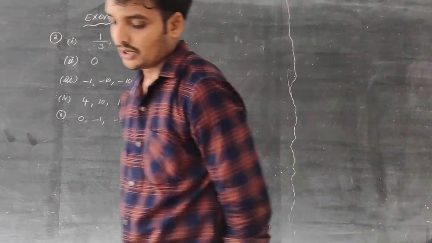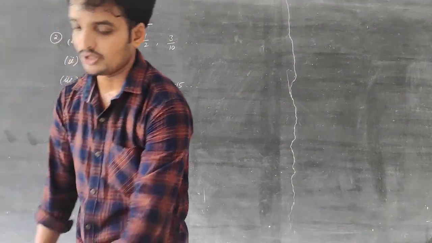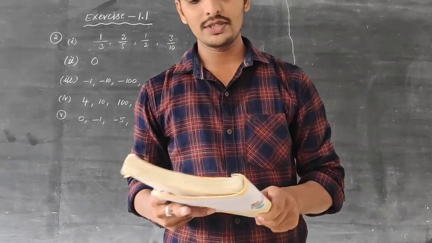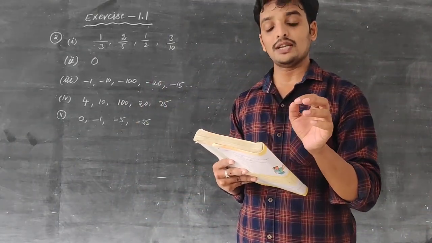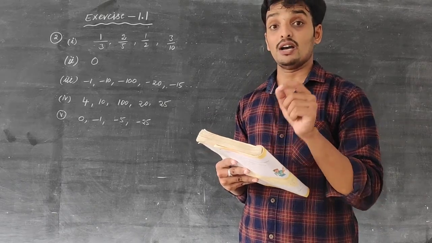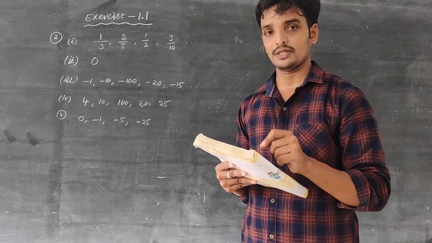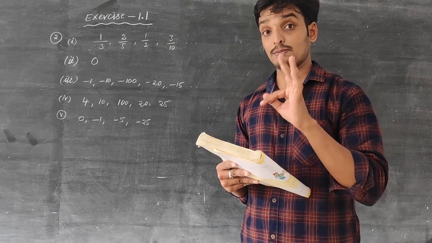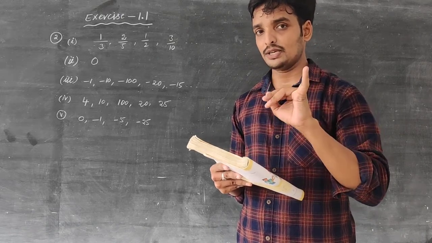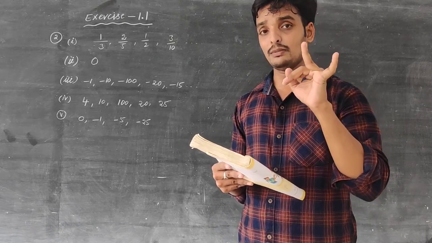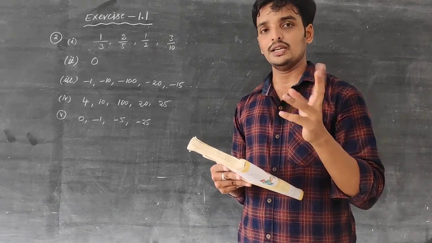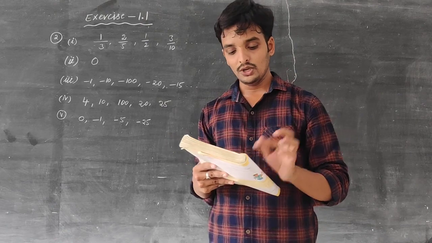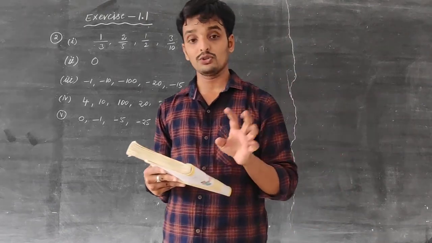Next. Now look at the textbook. Question number 3. Find 5 rational numbers between 1 and 2. I explained this method, 1 and 2. I explained 2 to 3 methods: the mean method, multiplying by the same number, and the n and n plus 1 method. You have to follow one of the 3 methods. You can solve the third question, and also the fourth question.